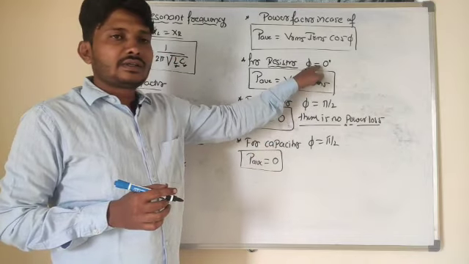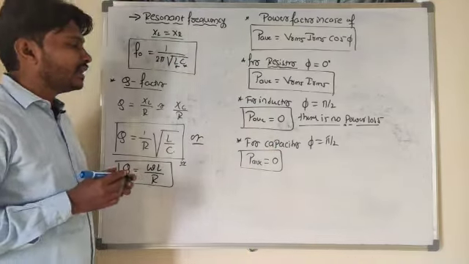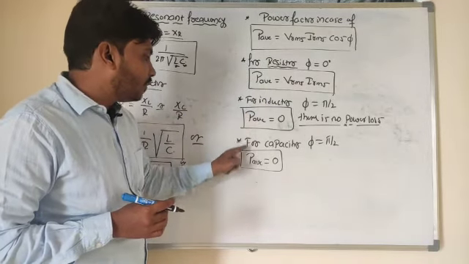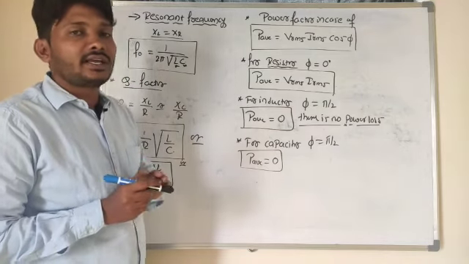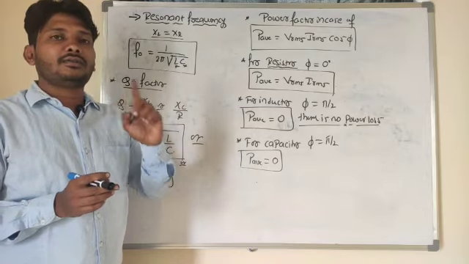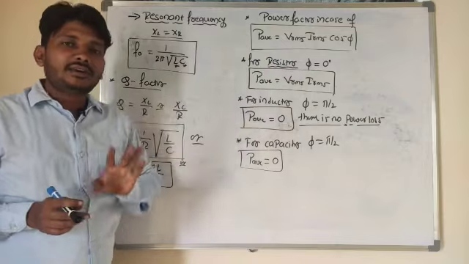So here, in case of a resistor, the angle is 0, but in case of an inductor and capacitor, the angle is 90 degrees. So power loss exists only in case of a resistor; there is no power loss in case of an inductor and capacitor. So that is what I can say. So the inductor and capacitor are basic elements of an AC circuit, whereas the resistor is a basic element of a DC circuit here.